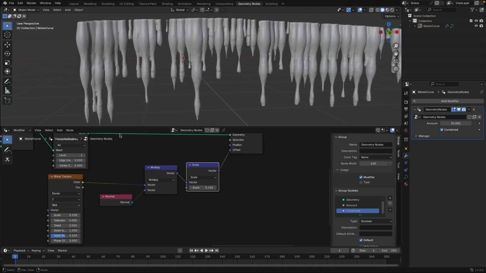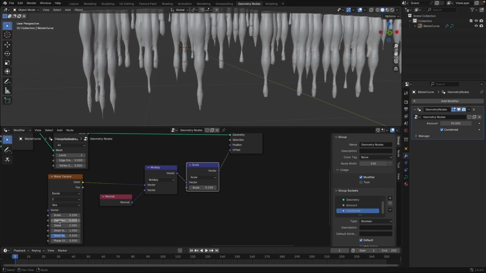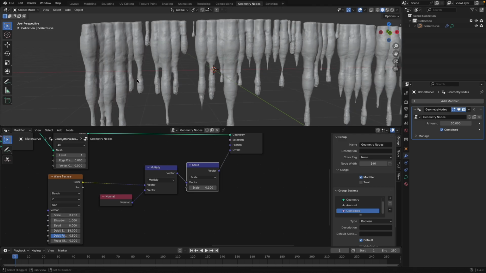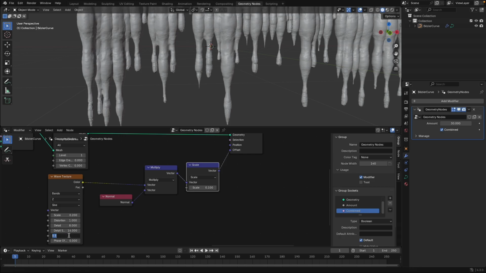So we'll go like a 0.2 maybe. And then I'll turn distortion up and detail up and detail scale. There, we're getting some nice distortion breakup there. I might go all the way up on the detail scale. That's looking good. And then the roughness I'll crank up a bit as well, just to get some nice sort